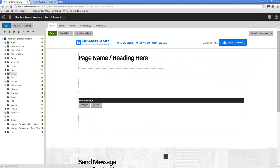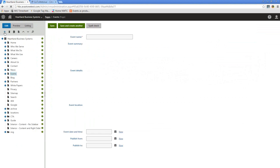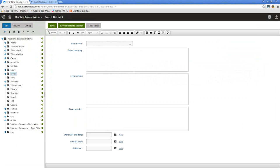Now I'm going to add an event to this page. Remember before I clicked on plus and we had like 20 things that we could choose from. Now I'm going to click plus. I don't even have to choose it because it's the only option available. It just takes me right there. Here's my new event. I can type in my new event name, summary, blah, blah, blah. Click save, or save and create another, and I've added an event. So I've eliminated like 2 clicks for people